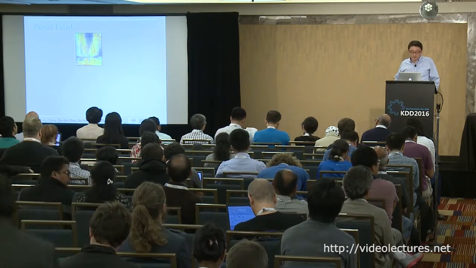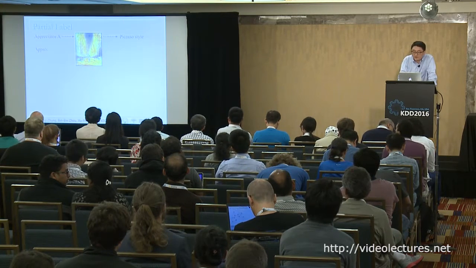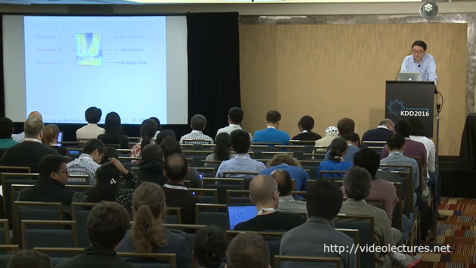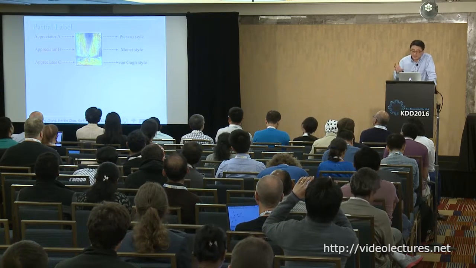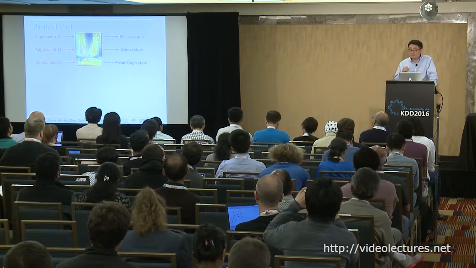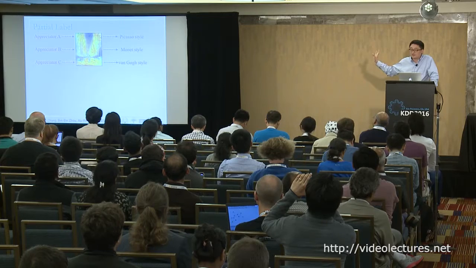So let's use one simple example to get more idea about what we mean by partial label learning or partial label data, what it looks like. So this is a picture or an artwork, right? Suppose we want to label what kind of style this picture is. The labeler gives us a label, say this is a Picasso style, a Monet style, or a Van Gogh style. So you can get a collection of candidate labels. You know the ground truth is among them,